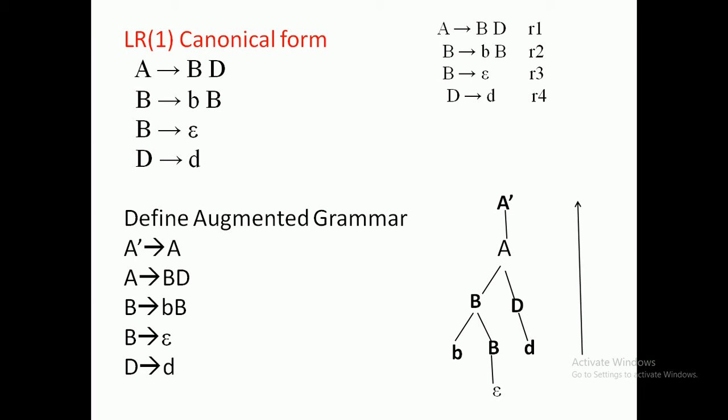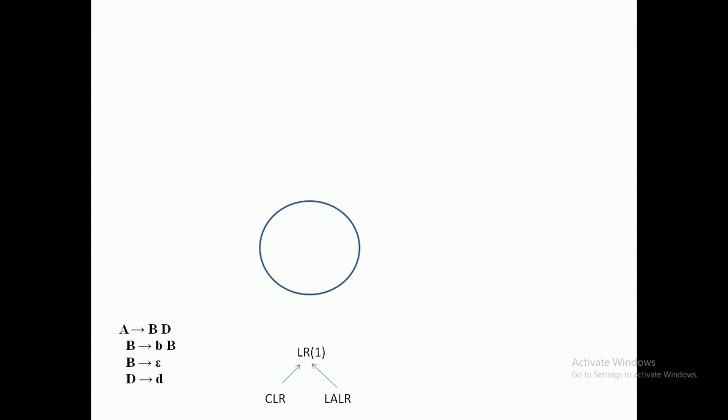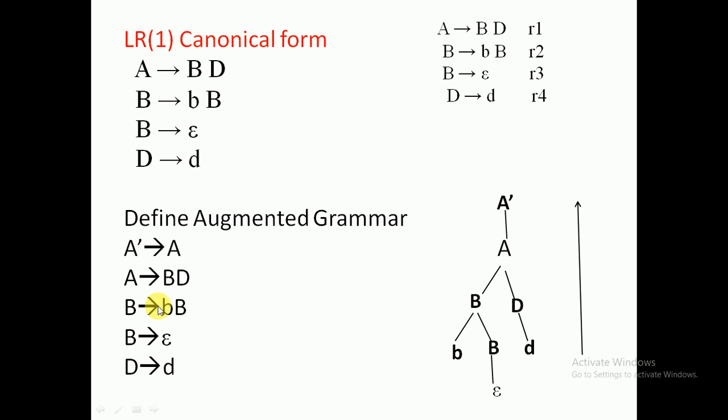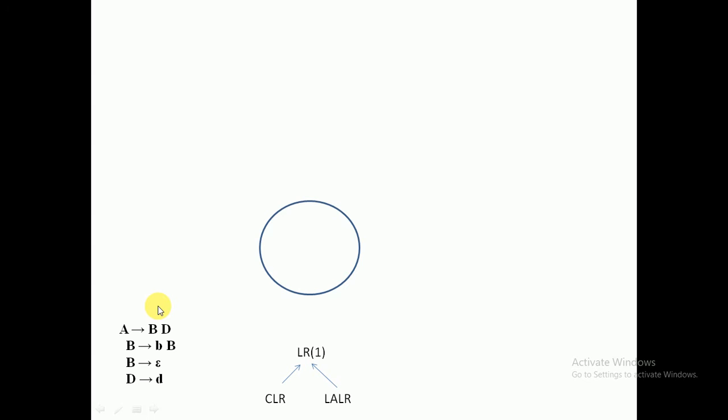After that, construct the canonical form for this given grammar. Initially we start with the augmented production only. This is our augmented production, and put the dot in front of the start symbol. You already know the rule for when you put the dot in front of a non-terminal. What is the lookahead of this production? The lookahead of the augmented production is always a dollar.